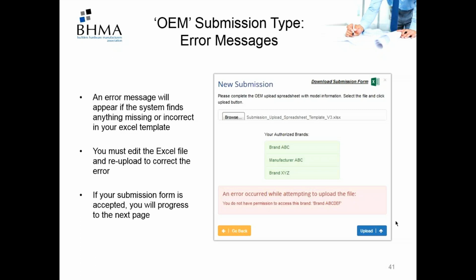So one of the data validations inherent in the system is that if you were to, say, put a brand of brand ABC DEF in your Excel template, the system wouldn't allow it. So this is the sort of red text error message that you would see if that mistake or any other similar mistakes were made. If that is not the case and you've perfectly entered all the data in your Excel file and upload it, then the system will accept it. And when you click that bottom right upload button, it will bring you to the next page,